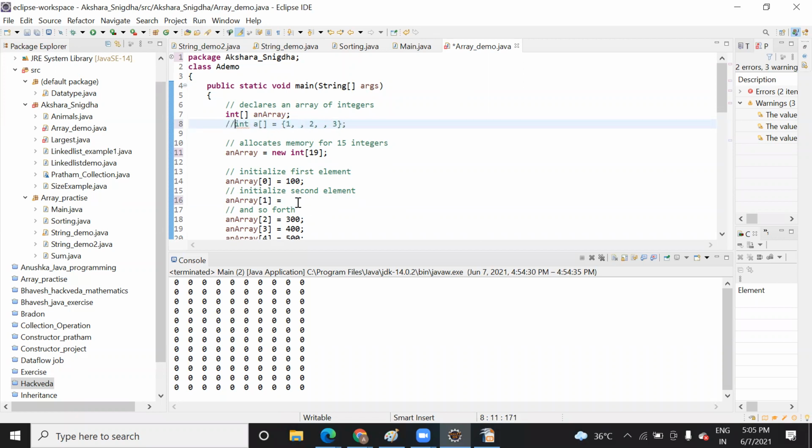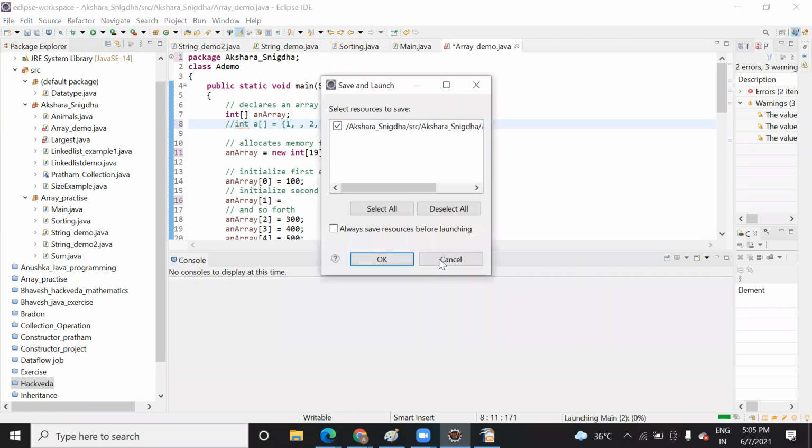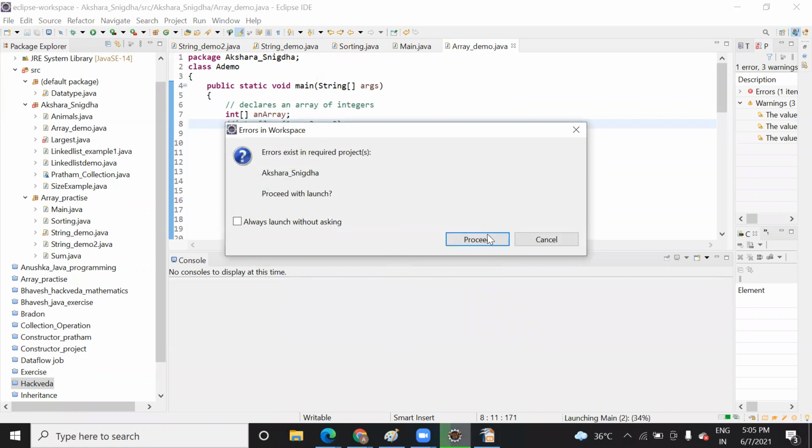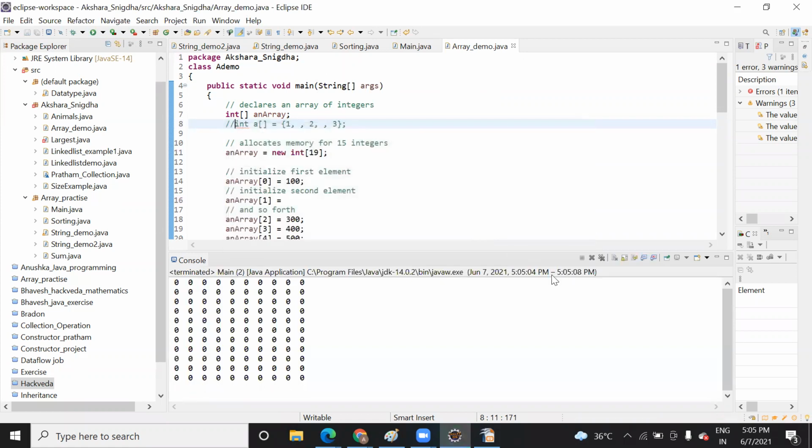I have not assigned any value. Let's check whether it is working or not. Let me close this program.